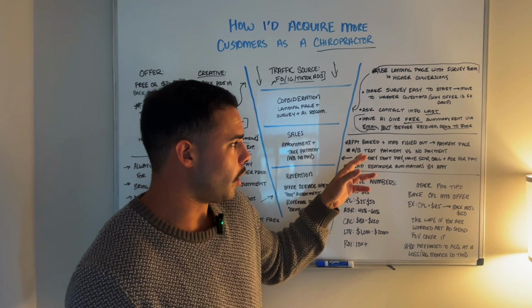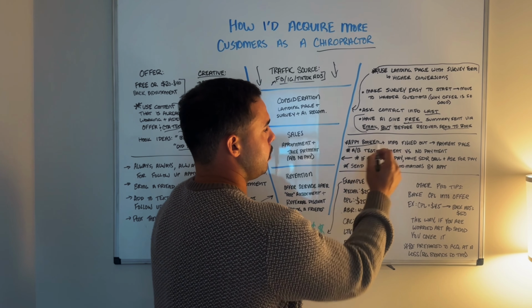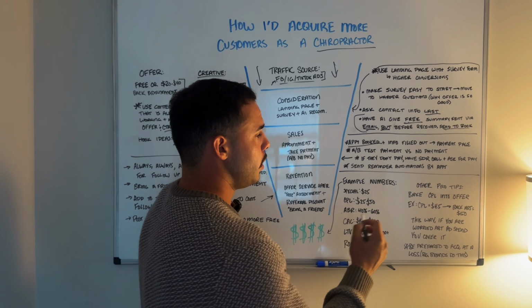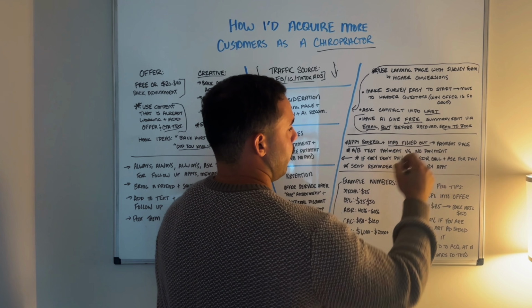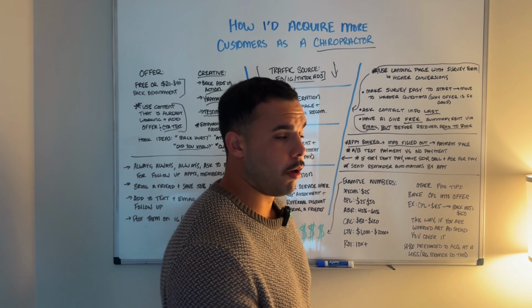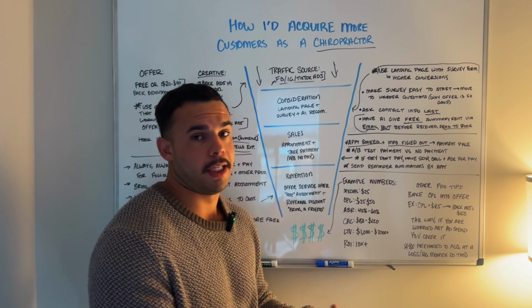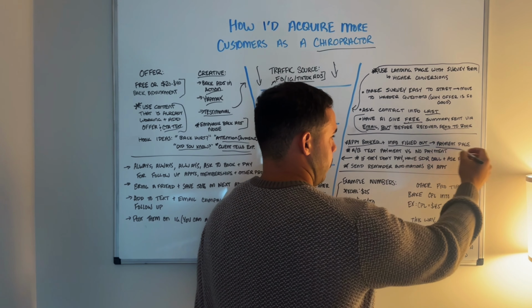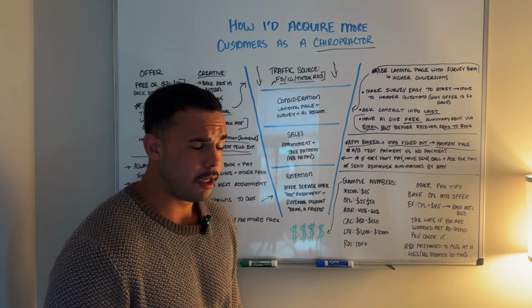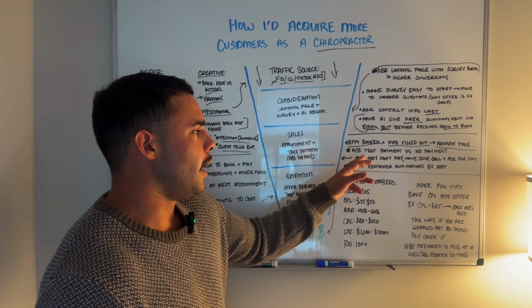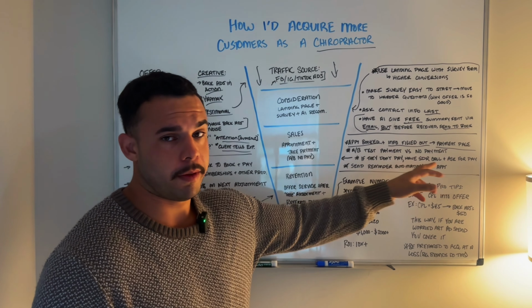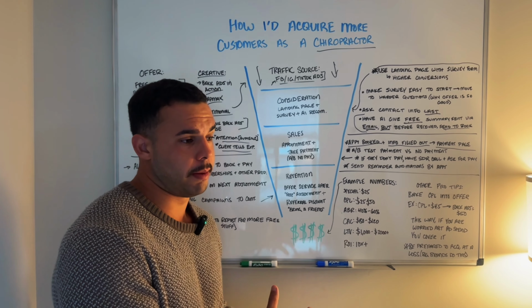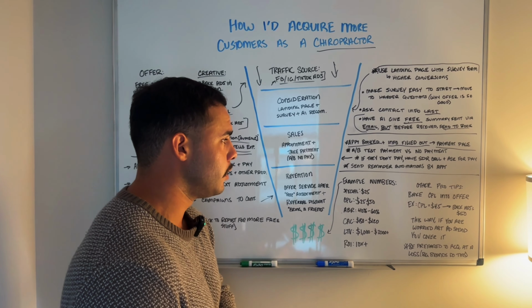So this is where they're going to book the appointment, and then after they fill in their information, once their appointment is booked and they tell you what time and they give you their contact information again, then you're going to send them straight to the payment page. Now, you can A/B test payment versus no payment, so you can try sending them to a